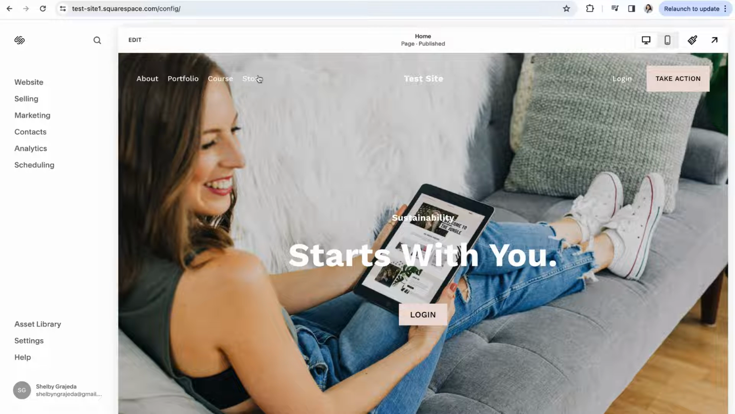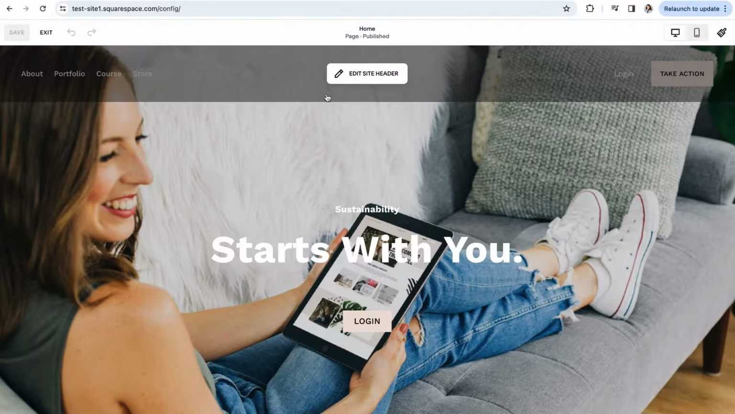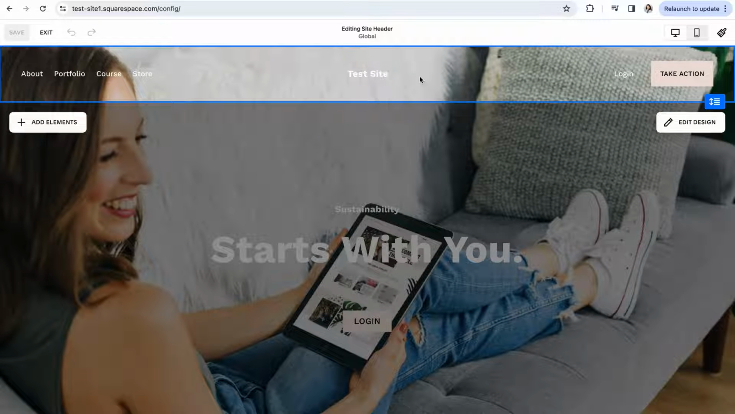Okay, let's talk about our header and header navigation settings. They're actually really easy to edit. To do that, you'll click into Edit and then hover over the top of your website and click on Edit Site Header. The first thing you'll want to do when you get into here is change your site title